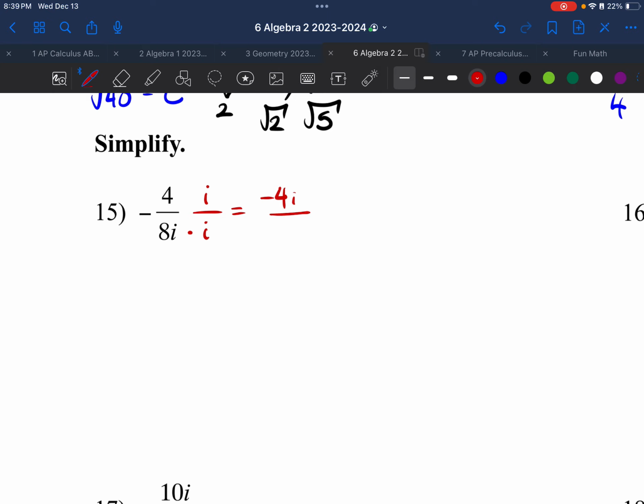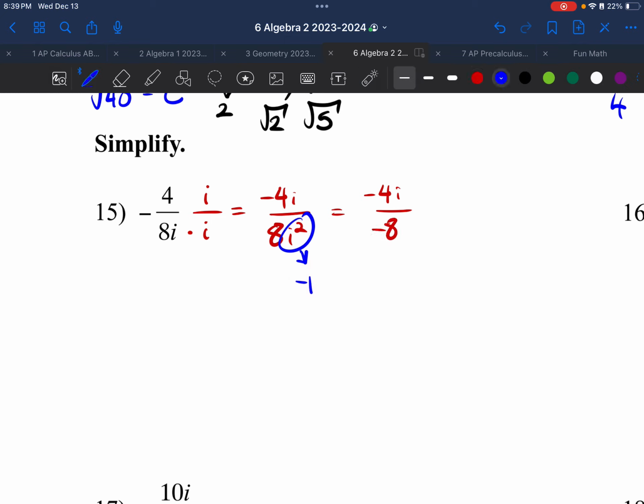In the bottom, in the denominator, I have an i times an i, which is an i squared. This is 8i squared. Again, anytime you see an i squared in this unit, you switch it out to a negative 1. And this is now going to turn into negative 4i over negative 1 times 8, which is a negative